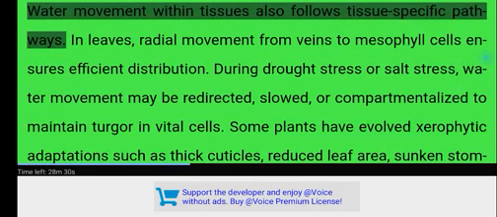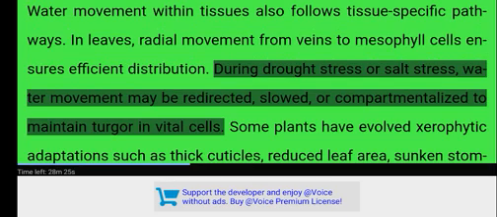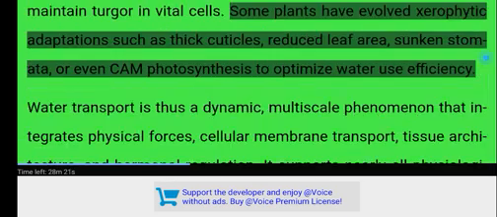Water movement within tissues also follows tissue-specific pathways. In leaves, radial movement from veins to mesophyll cells ensures efficient distribution. During drought stress or salt stress, water movement may be redirected, slowed, or compartmentalized to maintain turgor in vital cells. Some plants have evolved xerophytic adaptations such as thick cuticles, reduced leaf area, sunken stomata, or even CAM photosynthesis to